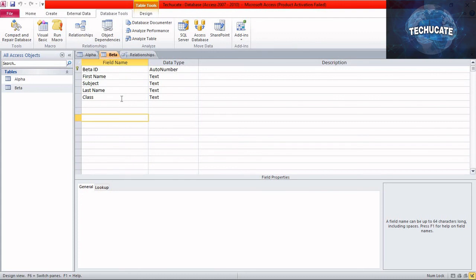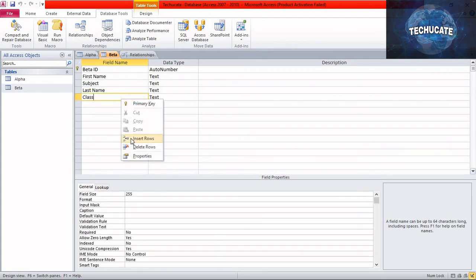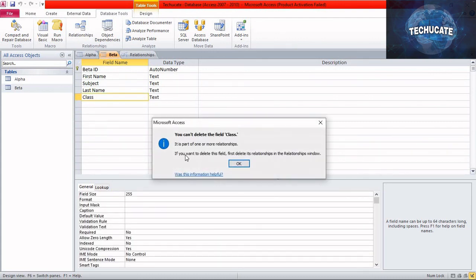Now select the class cell and try to delete it. We'll be prompted with a warning message that we cannot delete this attribute as this has a direct relationship with the alpha entity. Hence, we have to first delete the relationship.